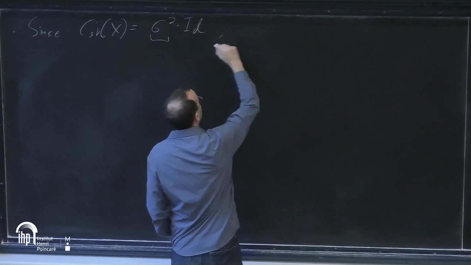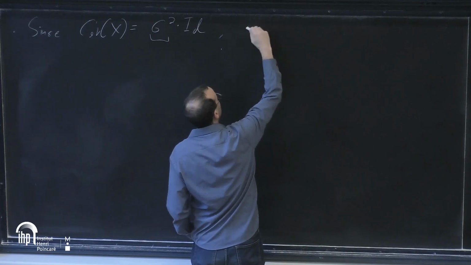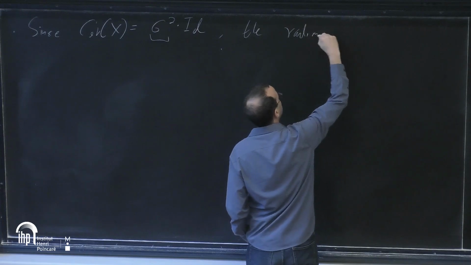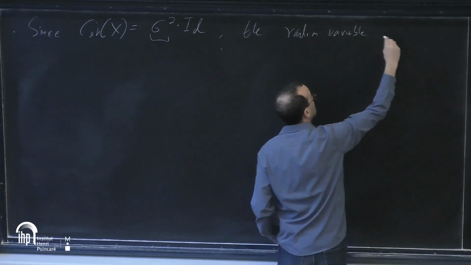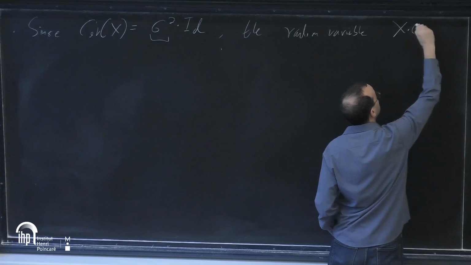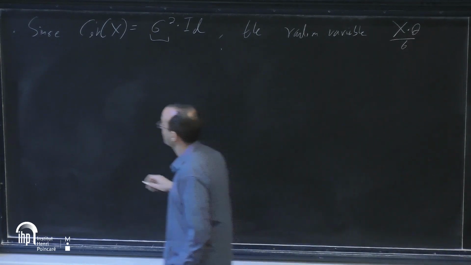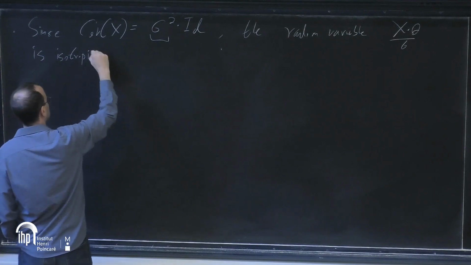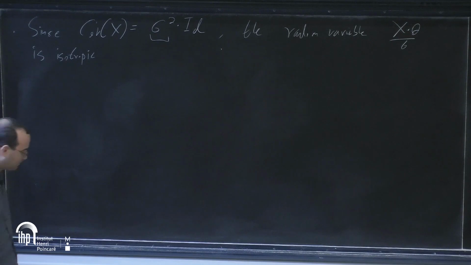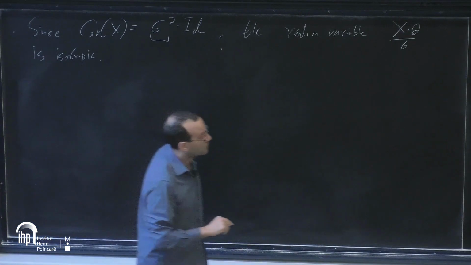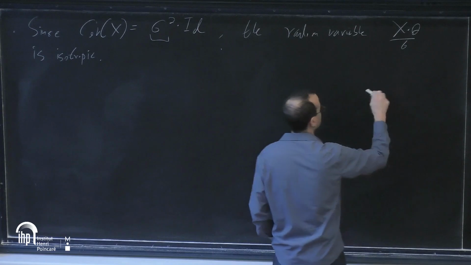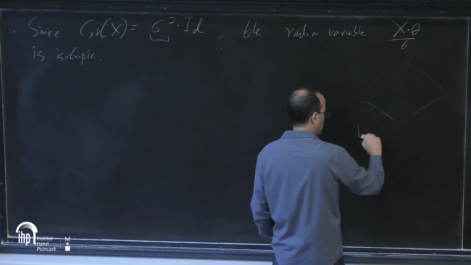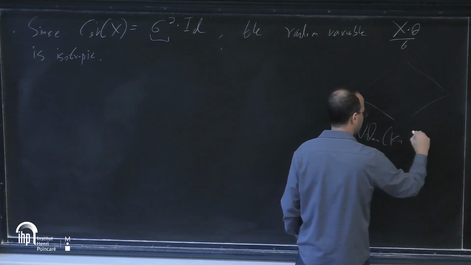And it is centered. So the random variable X times theta over sigma is isotropic. It has mean 0 and variance 1. Moreover, if I look at this density, which was the volume of the sections,